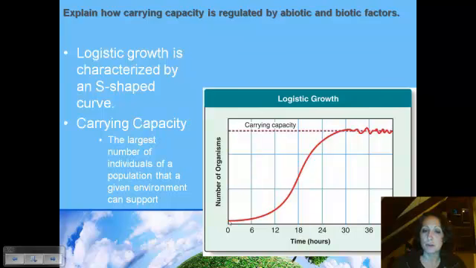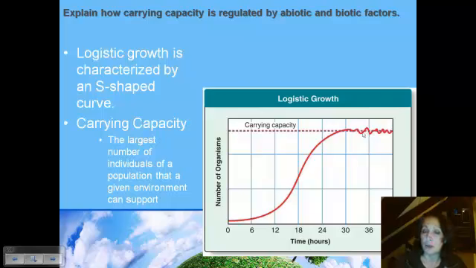And with logistic growth, we get a period of exponential growth, so we get that J-shaped curve going up. Again, we have the population size over here, and we have time down here. So we get this exponential growth, but what ends up happening is as the population grows, it reaches a point where there are not enough resources to continue this growth pattern. And so now the population growth stops. There are still individuals reproducing, but the deaths and births are going to be equal,